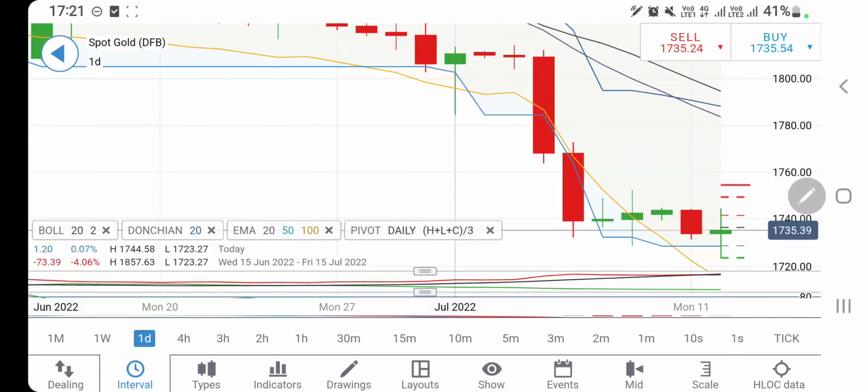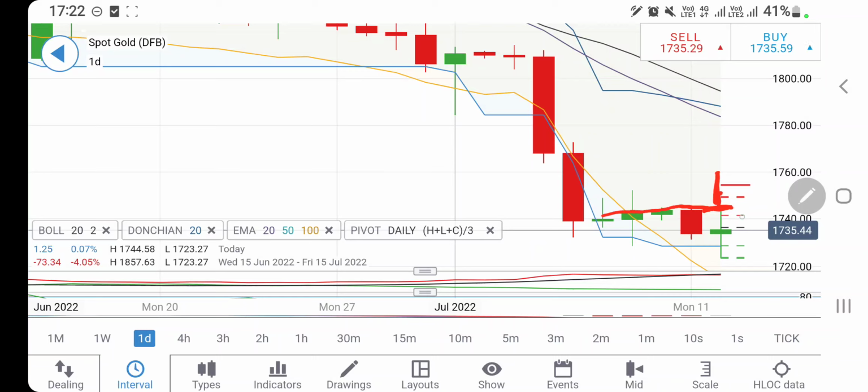Now look at the daily charts. First of all, on the weekly chart, it is trying to reverse. The resistance there at 1745 is very strong. If it sustains above 1745, just close your eyes, stay long, and it is going to fly. In this week itself, we may see it hitting 1760, 1770, in fact 1780 levels. So go long above 1745.